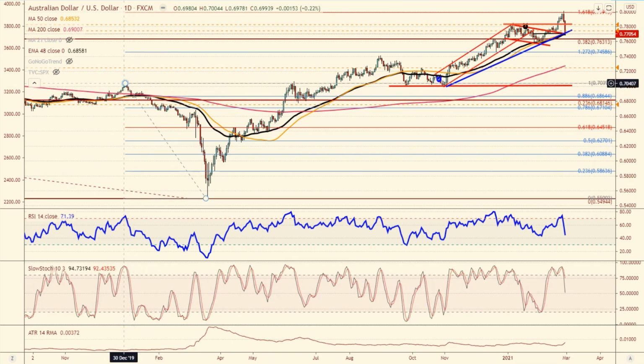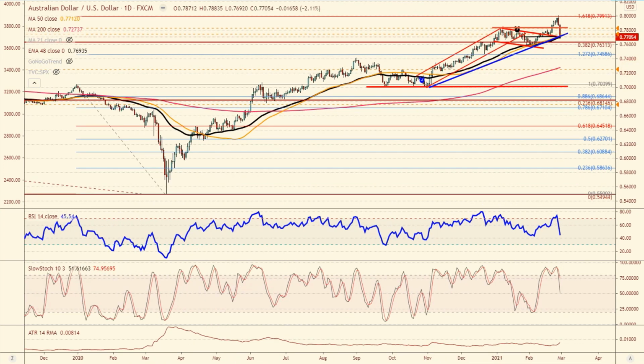This is where the downtrend started in December of 2019, spiked down in spring, and then we hit the 161% extension of that move at 180, which is a round number. It's a big fib number. We hit the 180. We were divergent on relative strength. It all came together for a reversal. And then the false breakdown led us